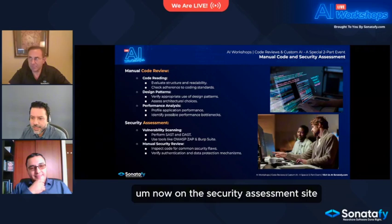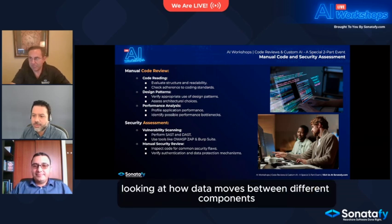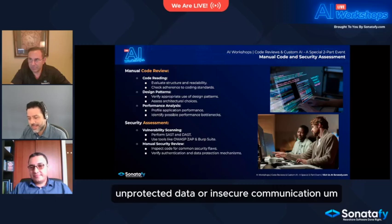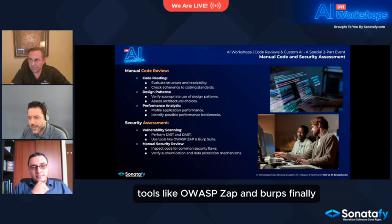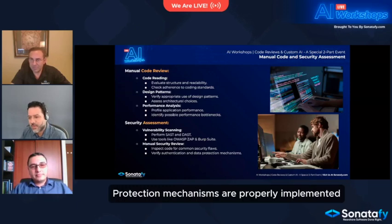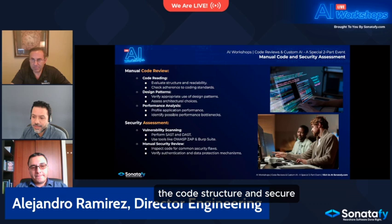Now, on the security assessment side, we start by analyzing data flow across the application. This involves looking at how data moves between different components like front end and back end and checking for vulnerabilities such as unprotected data or insecure communication. And next, we perform vulnerability scanning using tools like OWASP and Burp Suite. Finally, we conduct a manual security review, inspecting code for common security flaws and verifying that authentication and data protection mechanisms are properly implemented. So this phase gives us a hands-on look at how well the code is structured and